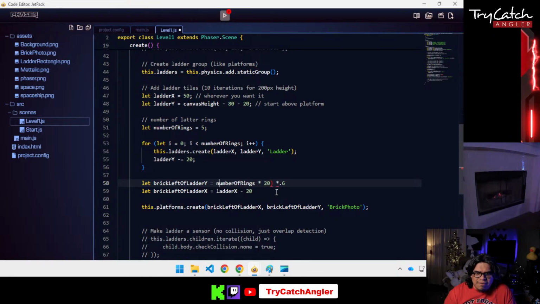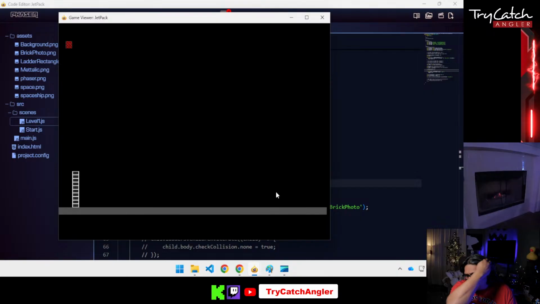It shouldn't matter because we're doing the same operation. The same operation is going to be left or right. That's Y. So Y should be